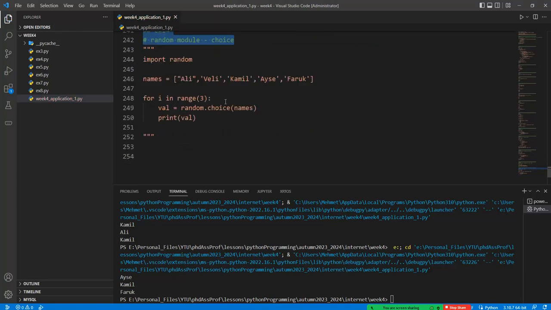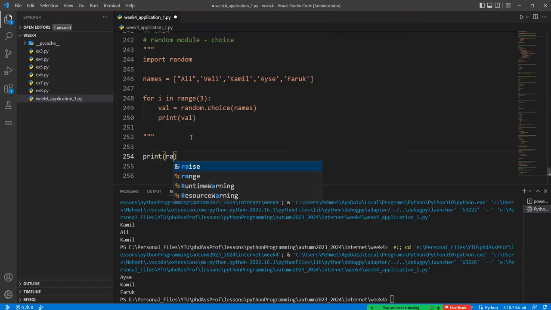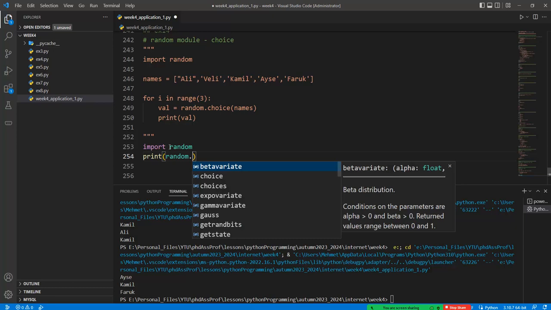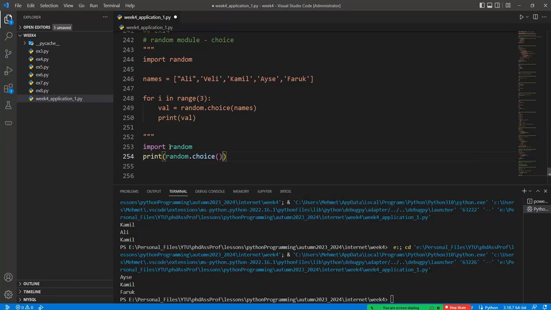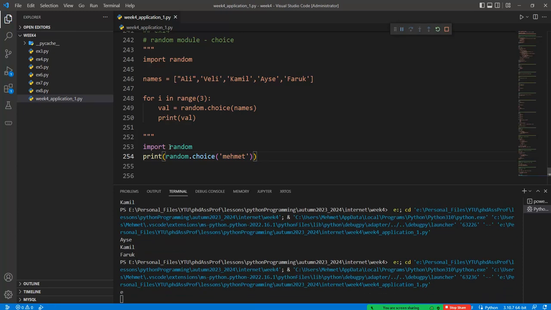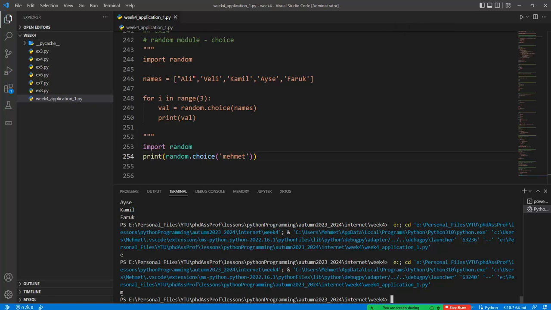Okay, or we can use print random. Import random dot choice, for example Mehmet, and then this returns to the variable like this one, or each character is returned from the random choice. Okay,